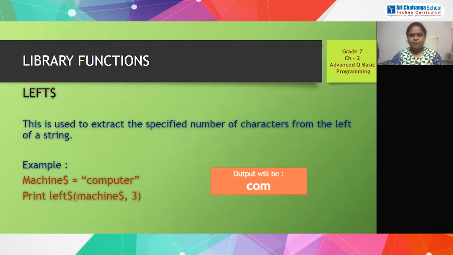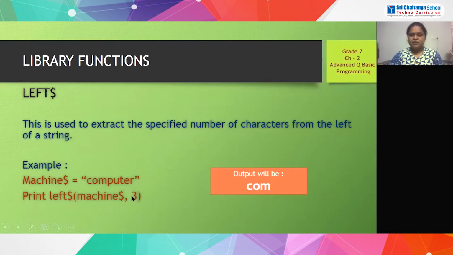In the example, you can see here, machine dollar is a variable to which the string computer is assigned. See what I'm going to print here. Print left dollar machine. What is the machine value here? Computer, right? The value of the machine dollar variable is computer.